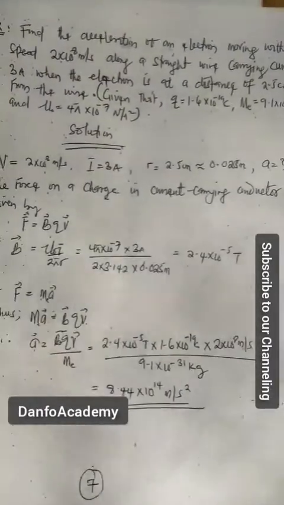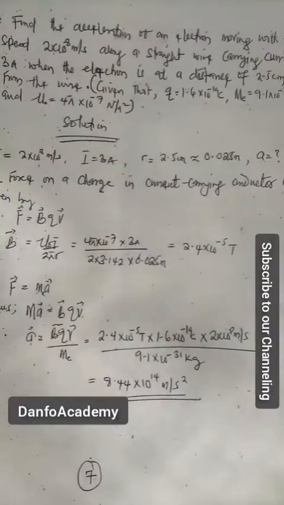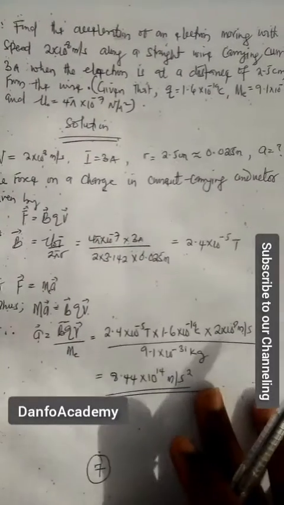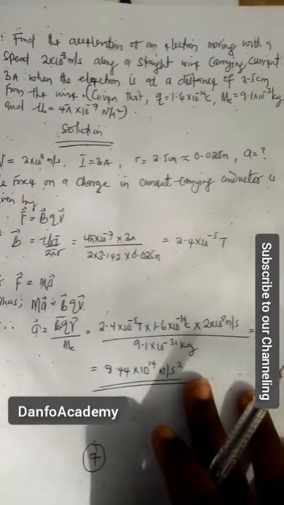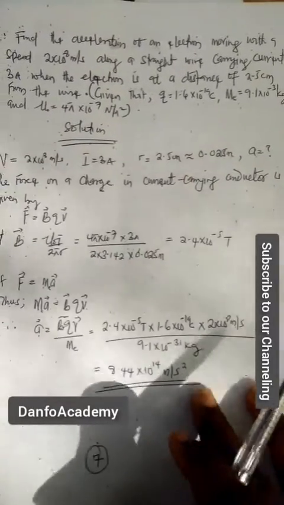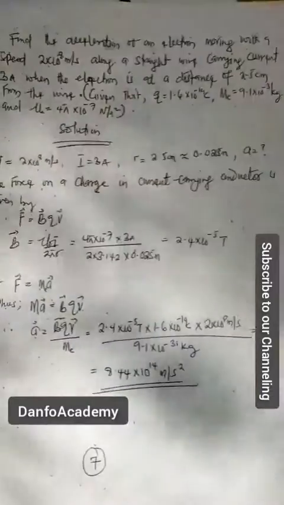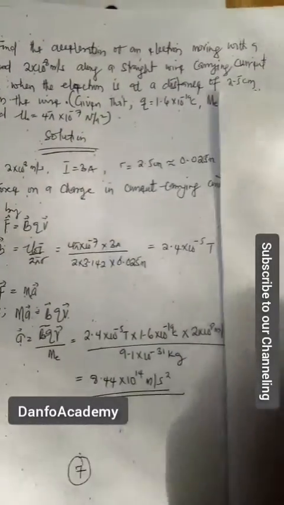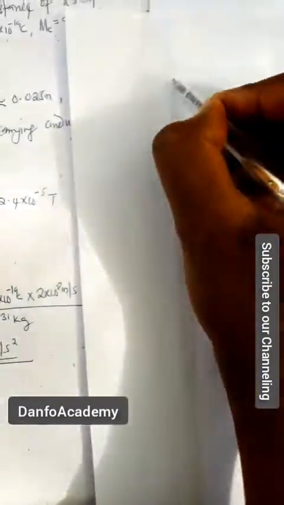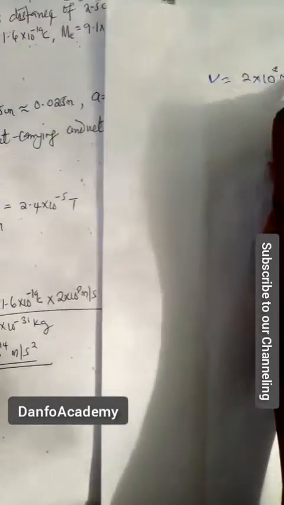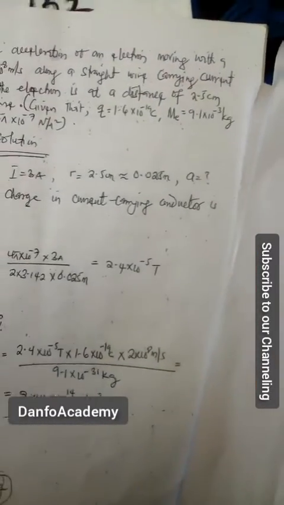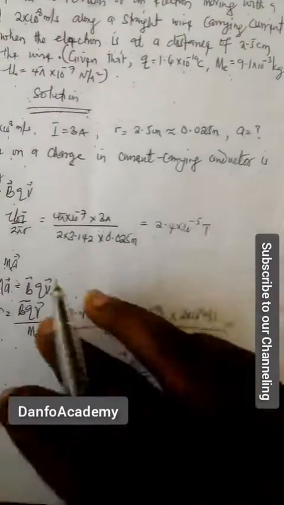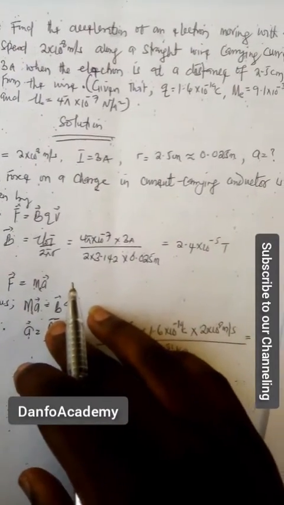Now here is the next question. The question says find the acceleration of an electron moving with a speed of 2 times 10 raised to power 8 meter per second. That is, you already have your V to be 2 times 10 raised to power 8 meter per second, along a straight wire. So you have it as 0.025 meter,